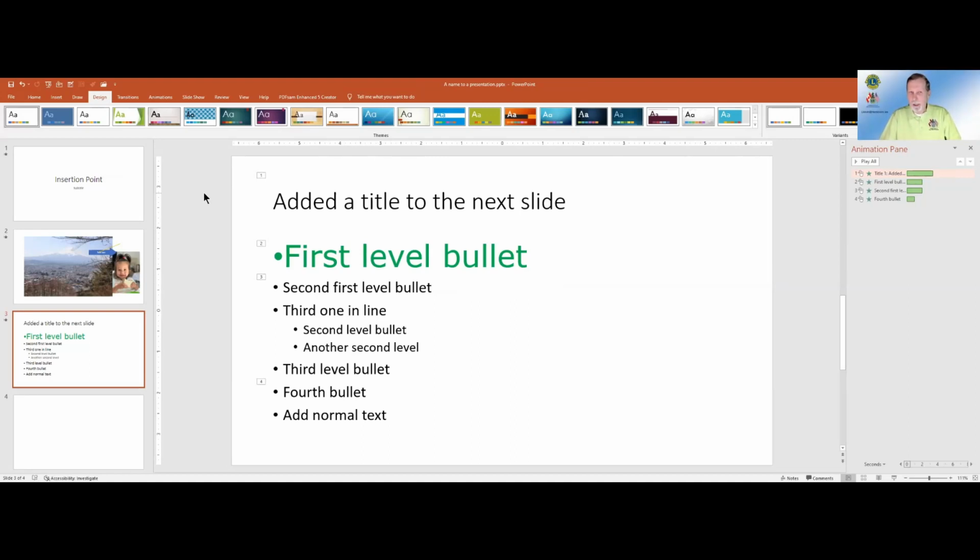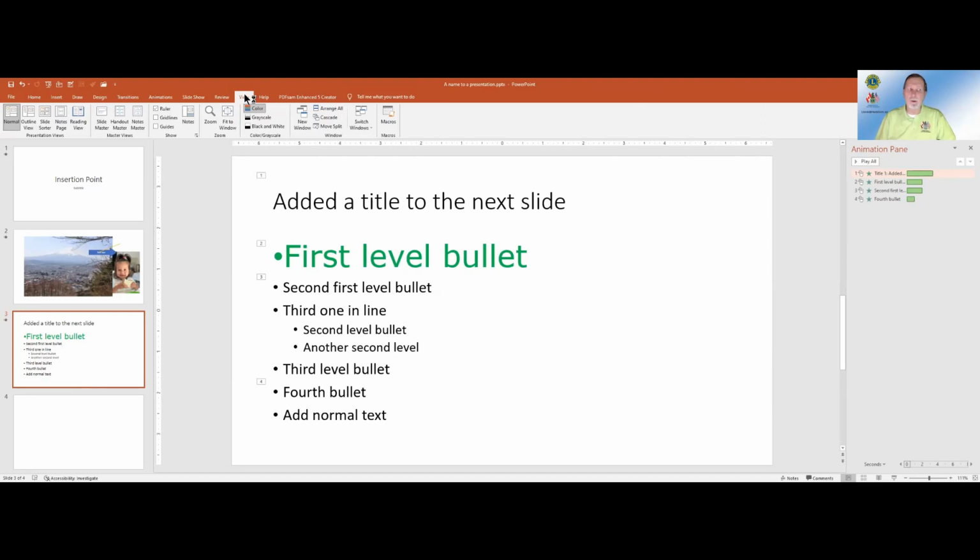And there's one big clue that she mentioned in here, and that was master. The way these slide layouts are constructed, and what we see with these slide layouts, are controlled by what is called the slide master. I'm looking at my view tab.